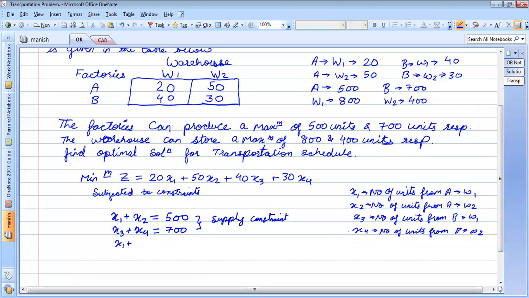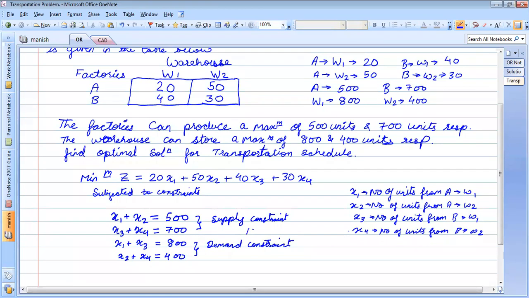x1 plus x3 should be equal to 800 and x2 plus x4 should be equal to 400. This is the demand constraint.